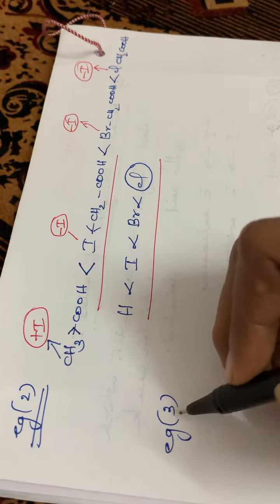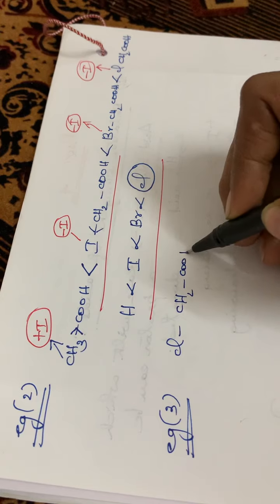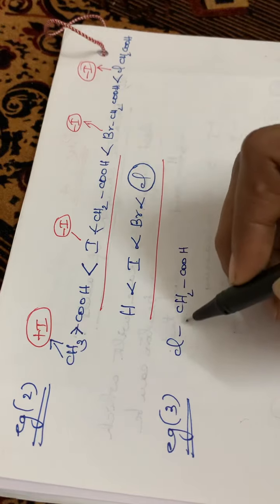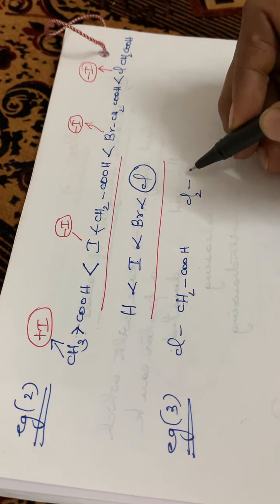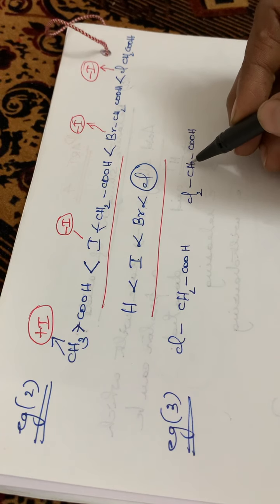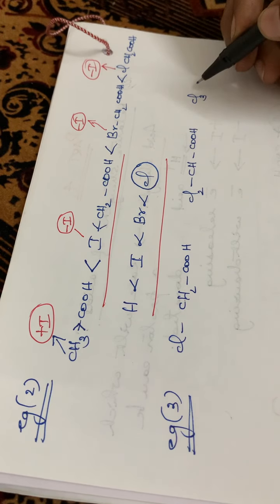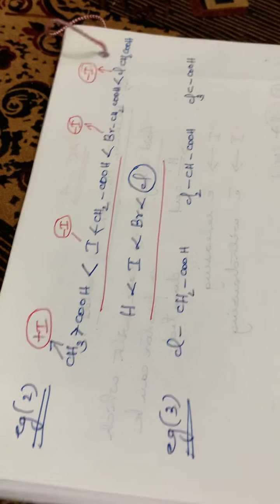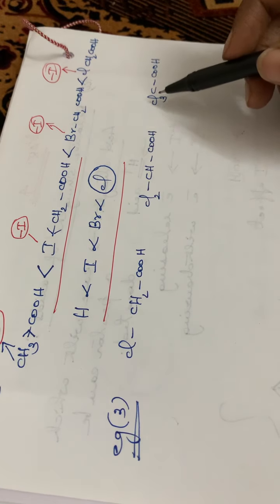Then the next example, the third one. Chloroacetic acid, ClCH2COOH. Then you have to replace these two hydrogen atoms by two other chlorine atoms. Okay. Then the next compound, one of the hydrogens is replaced by another chlorine atom. Okay. So I am writing it as Cl2CHCOOH. Then again one more hydrogen is there. This hydrogen is also replaced by another chlorine atom. Okay. So then again Cl3CCOOH. Okay. So here, see which one will have the maximum acid strength, ClCH2 or Cl2 or Cl3.